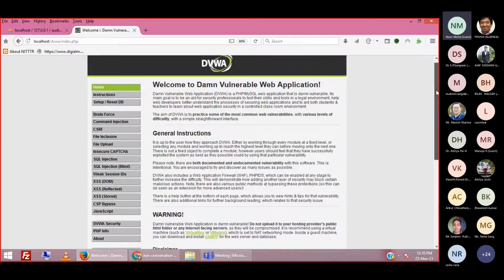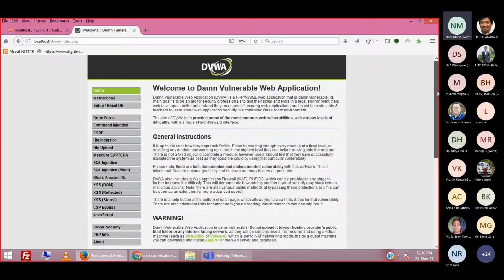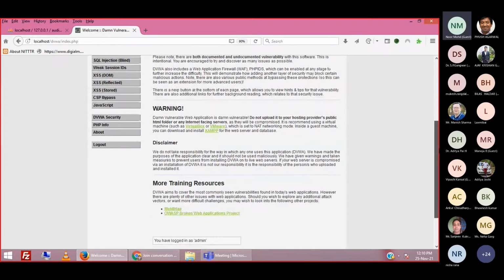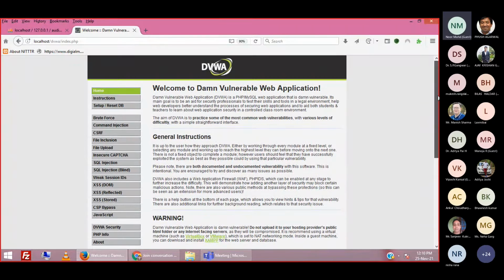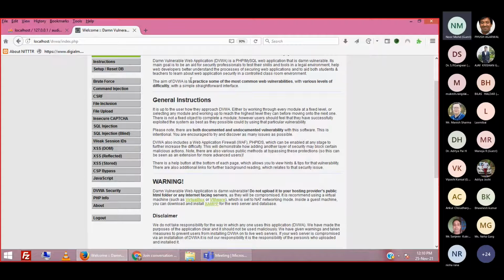I demonstrated each and every step one by one in the last class, and I also gave you the document containing the complete installation guide. Here you can see there are many toolboxes where you can perform various attacks and exploit these vulnerabilities, and you can learn.